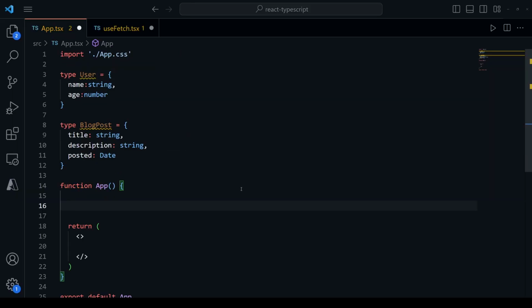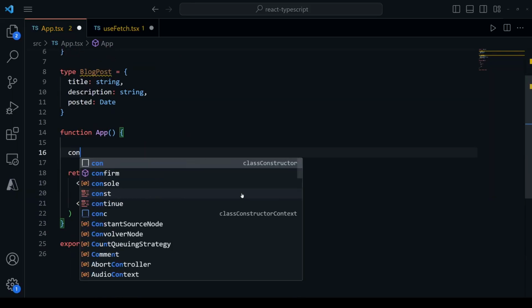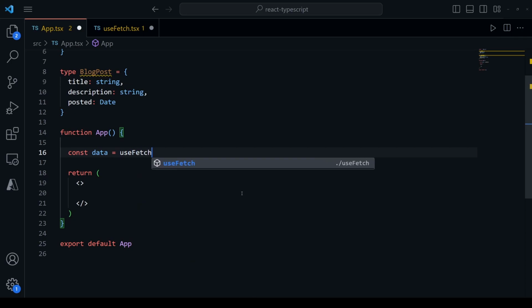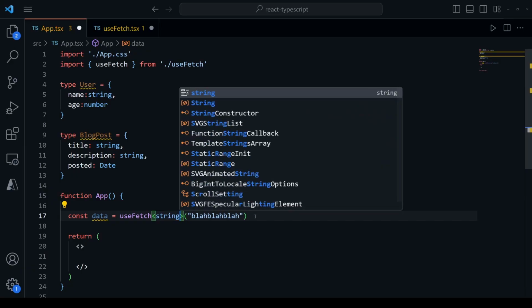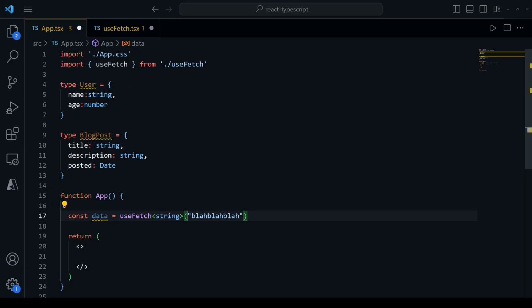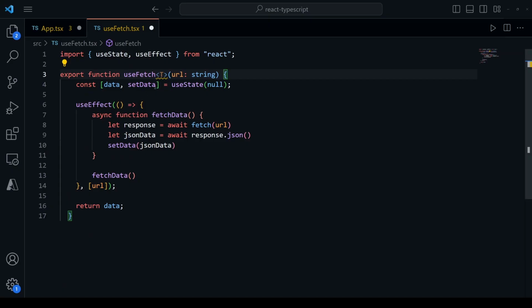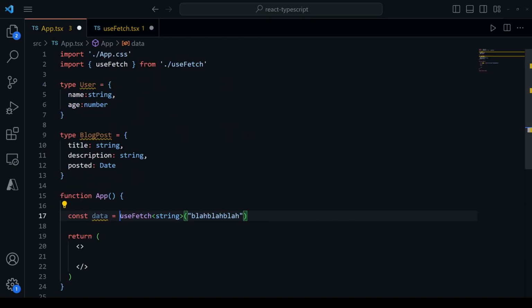For example, if I wanted to call this hook in App, I could write something like const data equals useFetch, and then pass in just some string right here. Let's just say blah, blah, blah. And I want to make sure that's imported as well. So I can just import useFetch up here at the top. If we added angled brackets on this useFetch call, and we passed in some data type here, let's say string, then now what this will do is if we go into our useFetch hook, on this particular call right here, T is going to be equal to string,